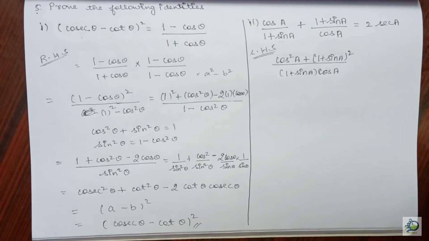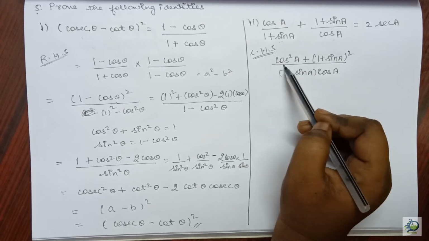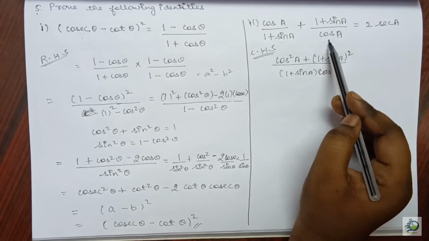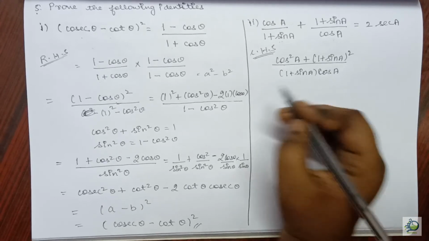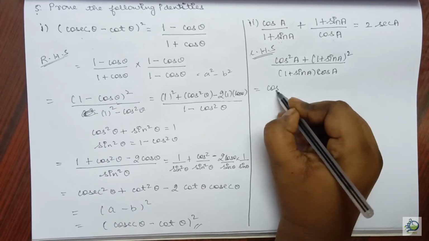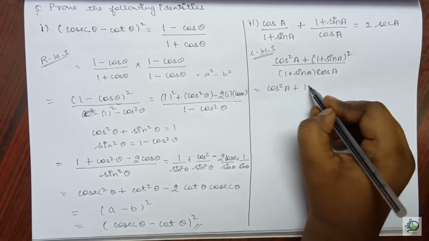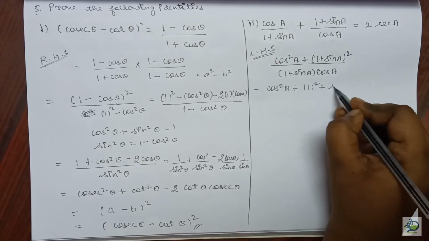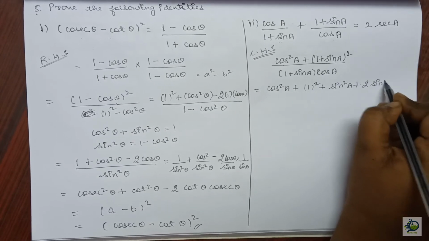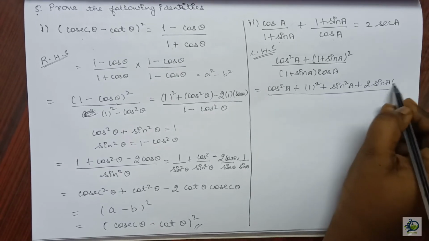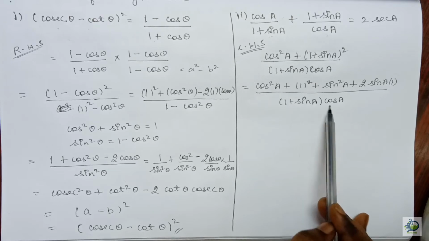That's all. So here cos A is missing, so I multiply the above by cos A, so it becomes cos square A. Here in the denominator 1 plus sin A is missing, so when I multiply it by 1 plus sin A, it becomes 1 plus sin A the whole square. Let us expand that. So cos square A plus this is expanded according to the A plus B the whole square formula. So A square plus sin squared A plus 2 sin A divided by 2 sin A into 1 divided by 1 plus sin A into cos A.